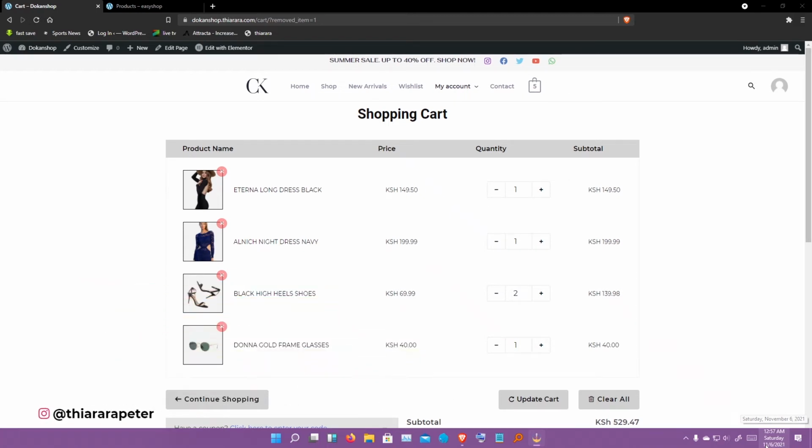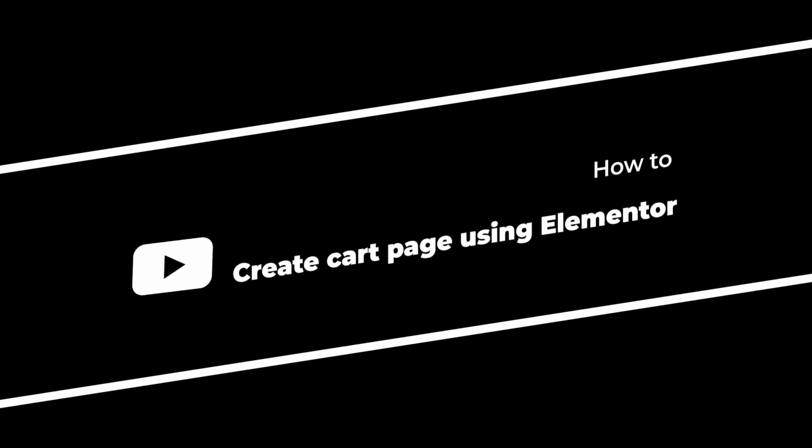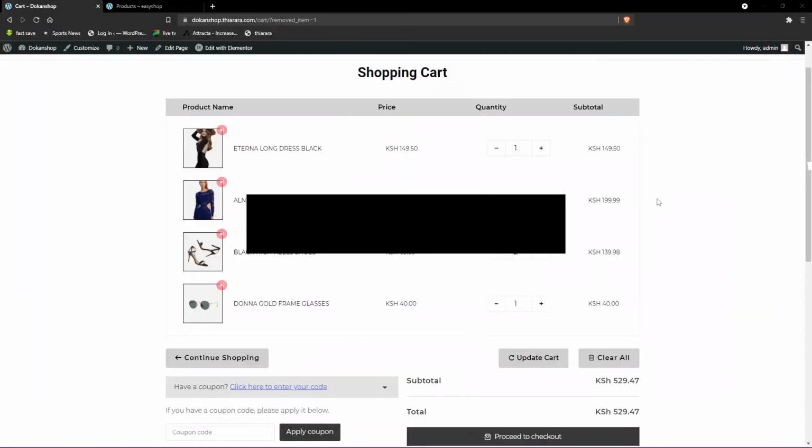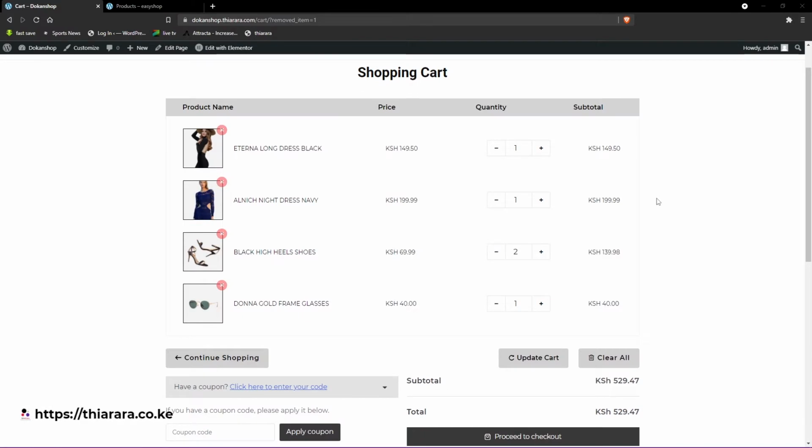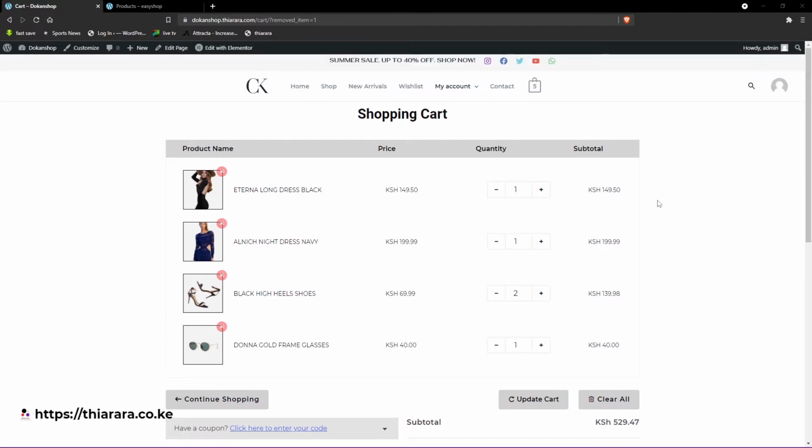My name is Peter, and on today's tutorial we're just going to see how we can create this shopping cart using Elementor. We're just going to use free resources. Remember, for you to be able to use any widget for WooCommerce with Elementor, you need the Elementor Pro version. But today I'm just going to show you an add-on that will help us create it all